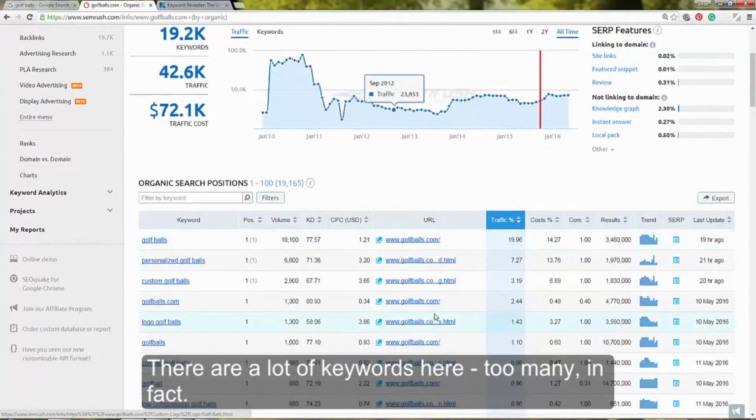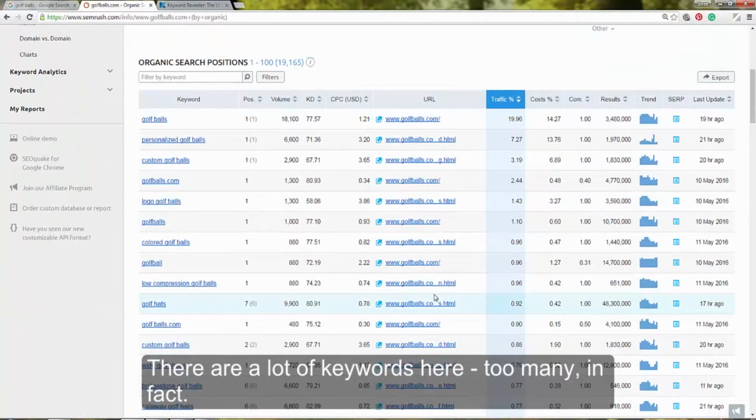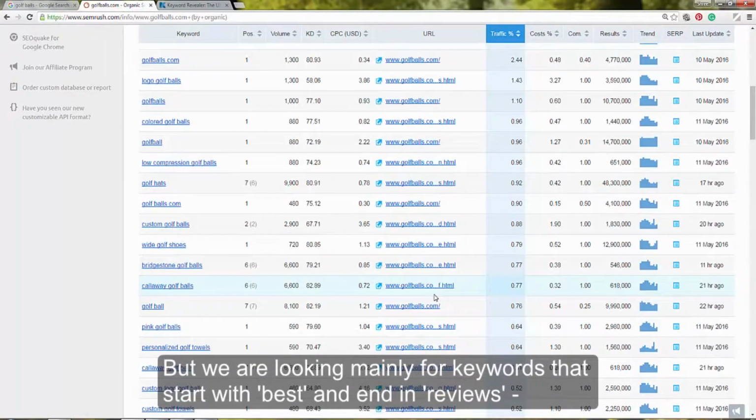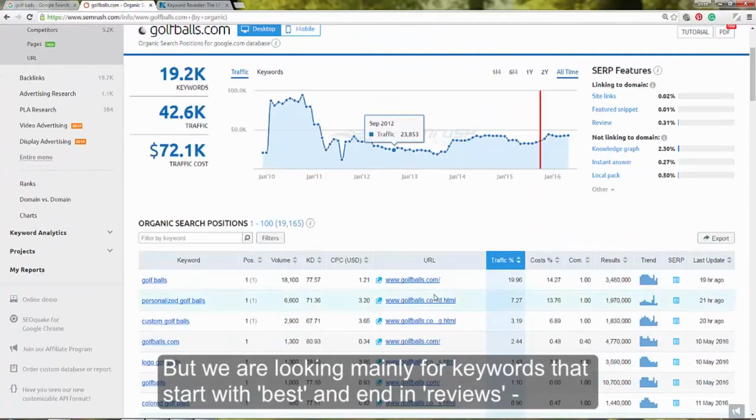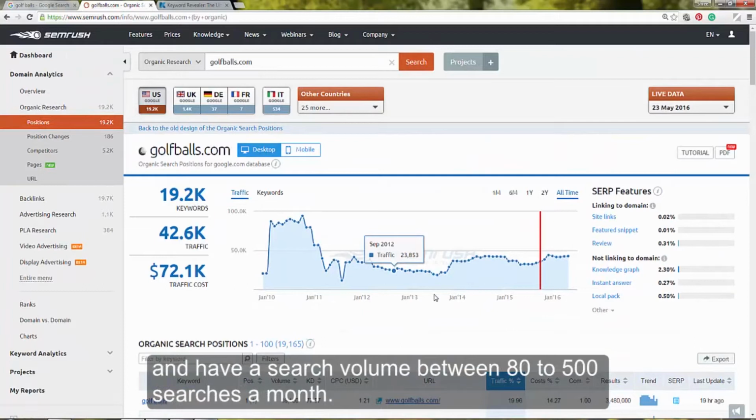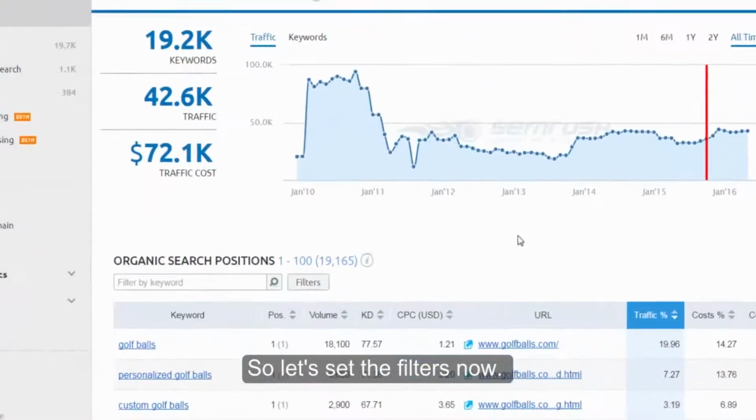There are a lot of keywords here, too many in fact, but we are looking mainly for keywords that start with best and end in reviews and have a search volume between 80 to 500 searches a month. So let's set the filters now.